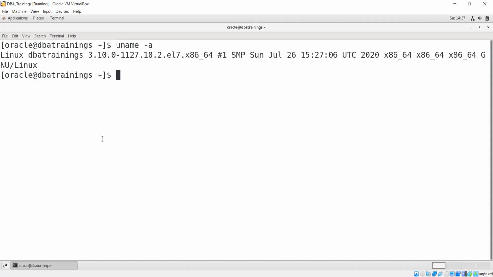So here we need a minimum of 8 GB of RAM for smooth functioning of Oracle 19c. So let me check my memory first. And memory detail you can find from proc, MemTotal, and this information is kept in proc meminfo.